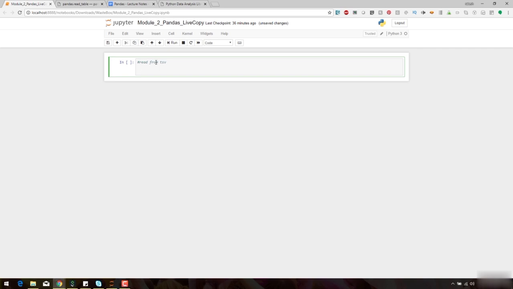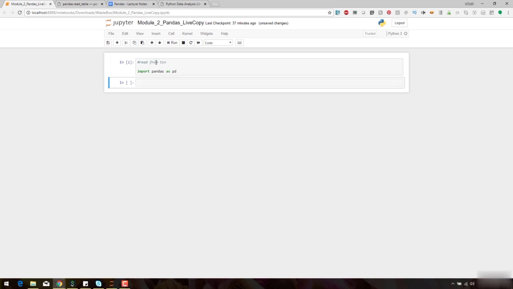First and foremost, I need to go ahead and import pandas. So I'm going to import pandas as pd, and then press Control and Enter, and that will execute that line of code. All these shortcuts I have explained in module number 1. Now if I press the button B, it will open a new cell for me. I'm going to store this in employee. I'll say pd.read_table,